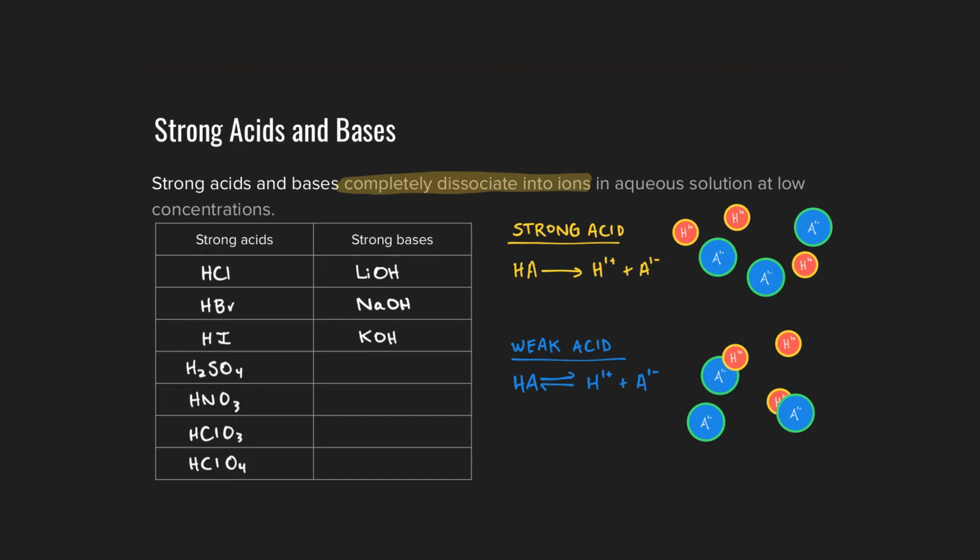But rubidium and cesium are so rare that we're never going to really encounter them in lab, so we're not going to worry about those in terms of ones we have to memorize or keep track of. We've also got some alkaline earth metal hydroxides that we consider to be strong bases. Barium hydroxide, calcium hydroxide, and strontium hydroxide would be 3 of the alkaline earth metal hydroxides that we would expect